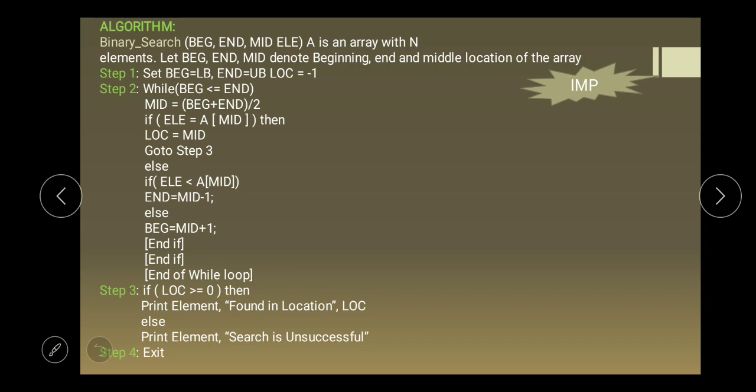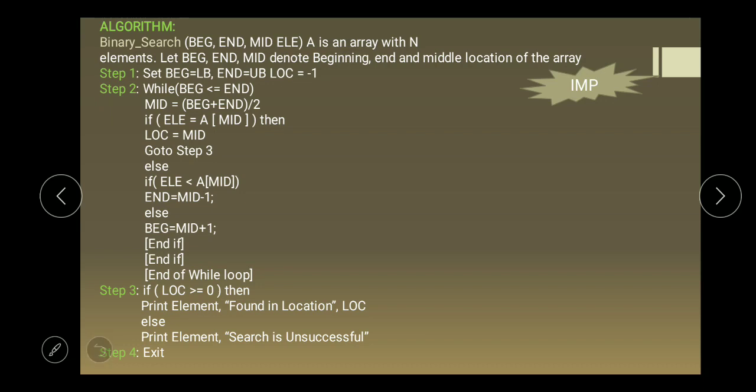Step 1, set BEG equal to LB, that means lower bound. We set the beginning element to the lower bound and the end element to the upper bound. Then location is equal to -1. This is our first step in binary search.